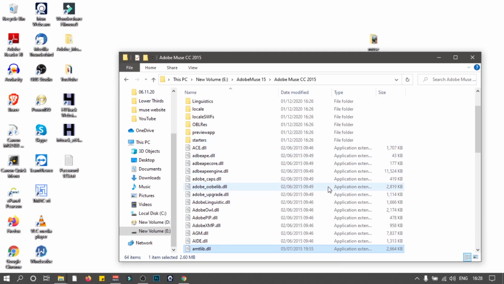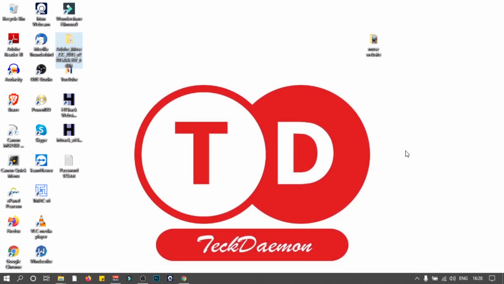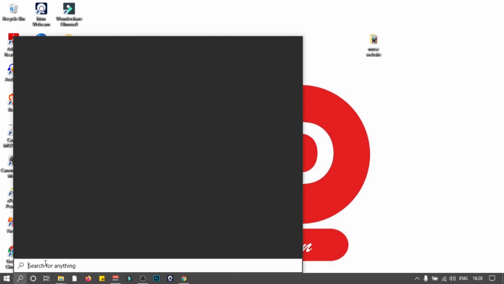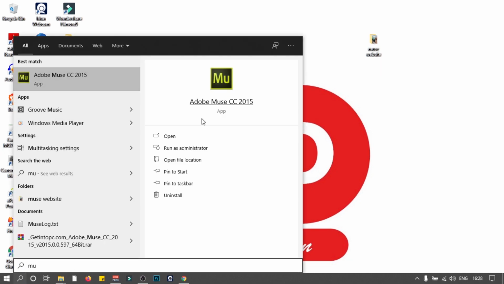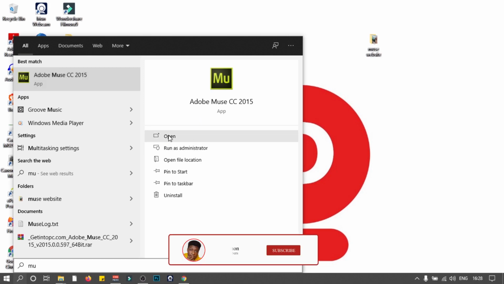I'll just paste that in here. It already exists, so you'll be prompted to replace that. That's exactly what I did, and then I have that here. Now you can go ahead, close that and hit refresh. The only thing left to do now is to find and open our program. So I'm going to type here Muse, and there we go. Hit open,